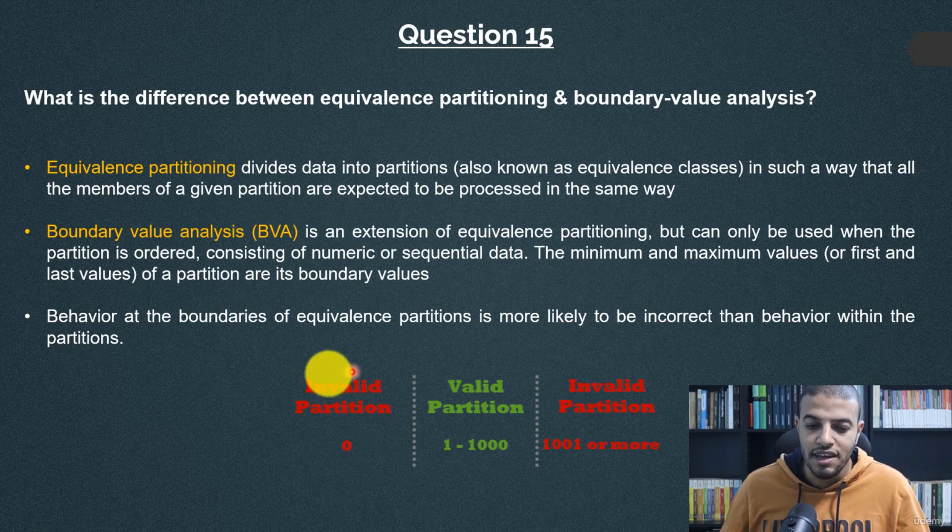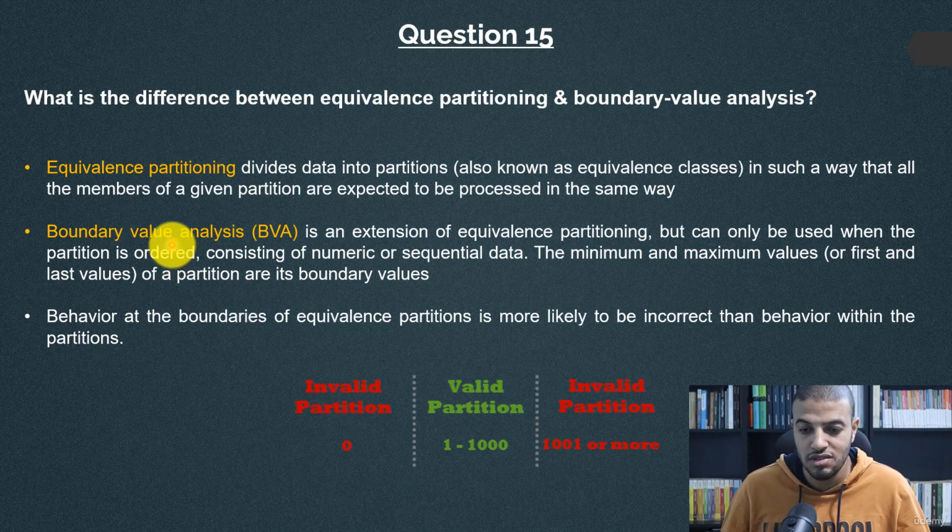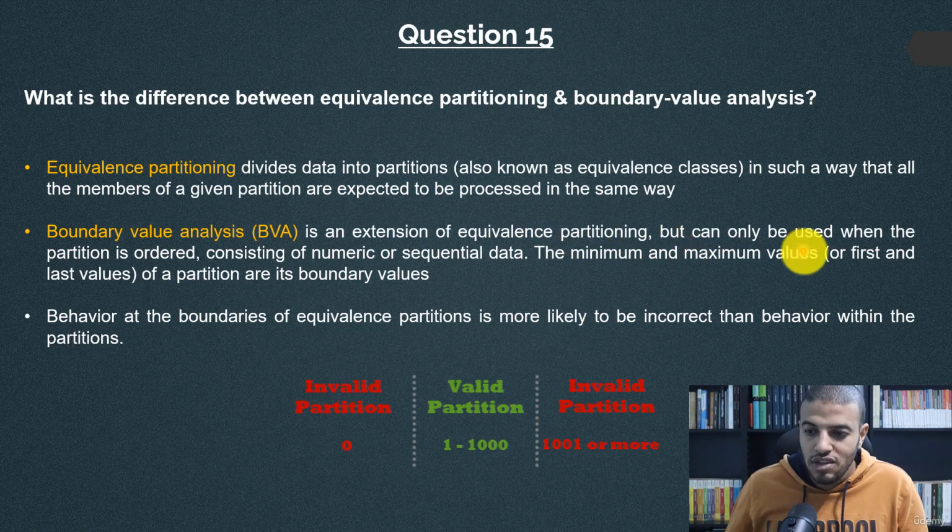So here, for example, the invalid partition is 0, so we will test 0. The valid partition is from 1 to 1000, we will test any value from it. The invalid partition is 1001 or more, so we will test any value more than 1000. In boundary value analysis, we have the same system, okay? We have the same partitions, but it is an extension of equivalence partitioning,